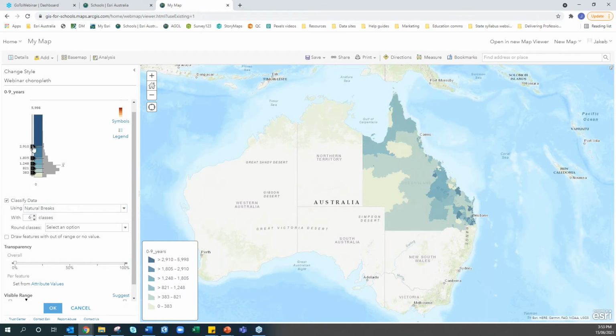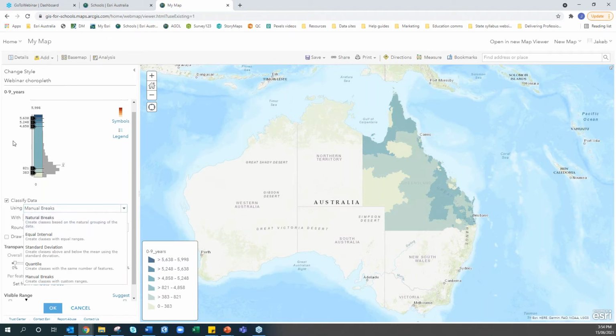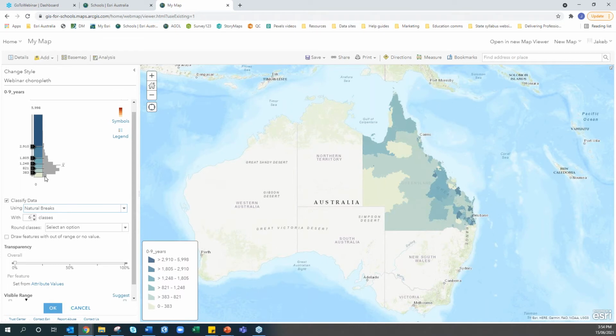If we play with our classes for a second, and I can physically change my classes up here as well, but if I had 3 classes sitting up here, and this gray histogram, if you turn this on its side, this is essentially a histogram. This is showing us where our data is actually sitting. So if I've got 3 classes up here, that's not very sophisticated because these classes aren't actually showing any data. So it's about unpacking this so that they make a good decision as to how their classes are being separated. So we'll go with 6 classes, and because I've classified my data, I can now make some changes to the